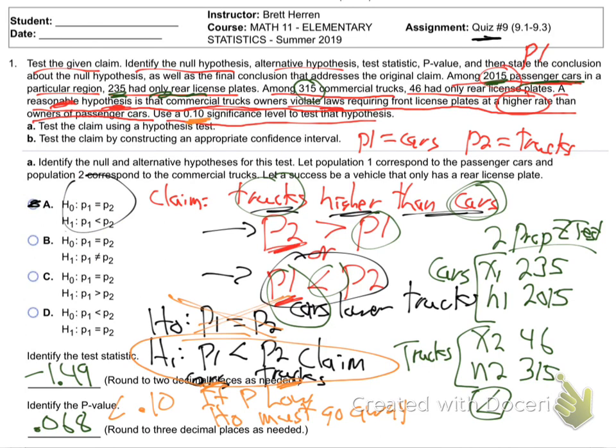We crossed out H0. We rejected the null. The null had to go away because the P was low. The percent chance of luck, that's what the P value is. There's only a 6% chance that this data from cars and trucks that we're looking at was just lucky data